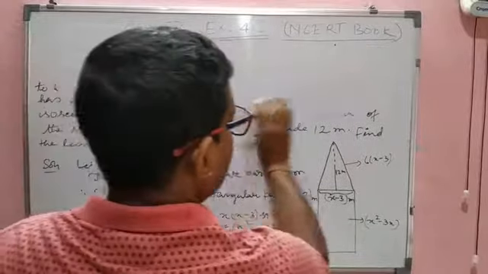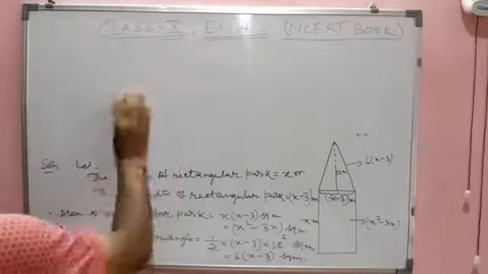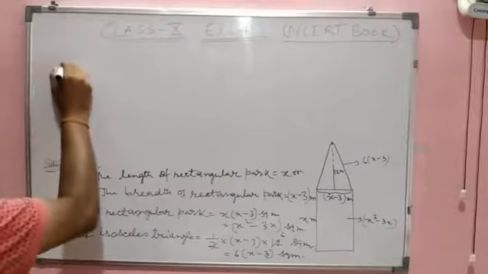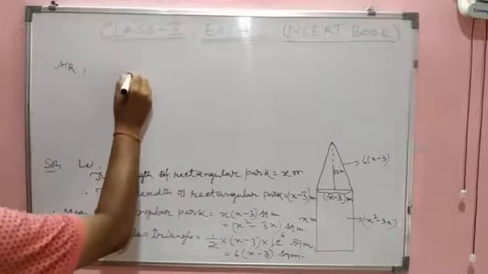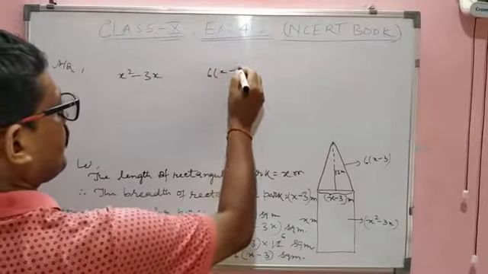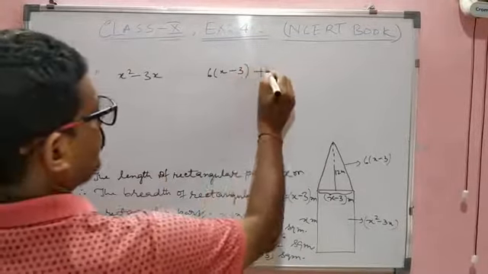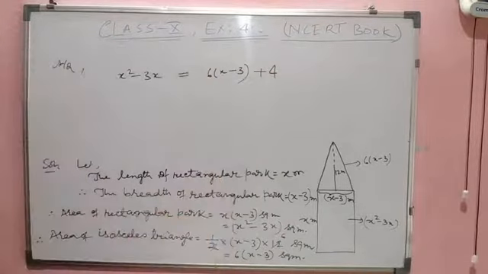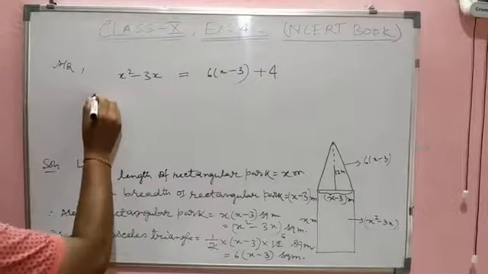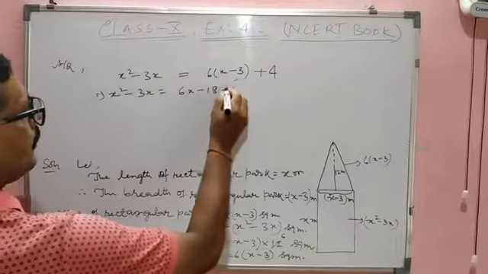The area of the rectangular park is 4 more than the area of the isosceles triangular park. So according to the question, this is the area of the rectangular park and this is the area of the isosceles triangle. Here it is 4 more, here 4 less. So if we add 4 here, both of them will be equal, because here it is less. On simplification we get x square minus 3x equals 6x minus 18 plus 4,